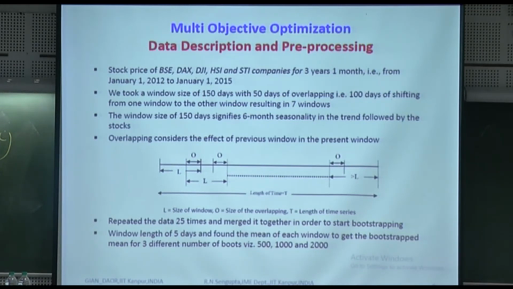The window size L can be 150 days, 3 weeks, or 2 weeks. There is no fixed rule for that. But from a statistics point of view, there are some books or papers which say what the window size should be in order to overcome multicollinearity and such things. So I take a window size of 150 and an overlap of 50 days. Basically I repeat that.